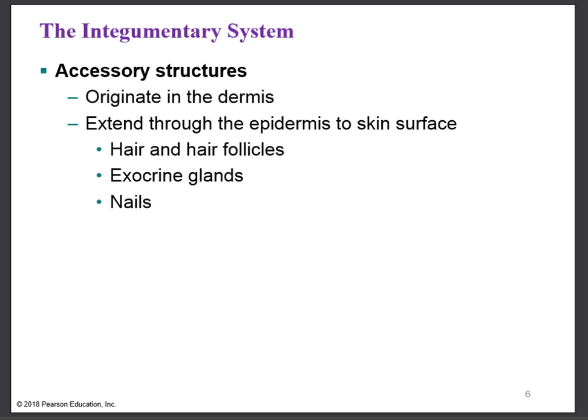The accessory structures that are part of the integumentary system are going to be our hair, the hair follicle that makes the hair, our exocrine glands. If you just want to jot down over here, that would be the sweat glands and our oil glands, and then our fingernails and toenails. What's interesting about these accessory structures is that they originate in the dermis. So that's where they're made, but then they penetrate up through the epidermis